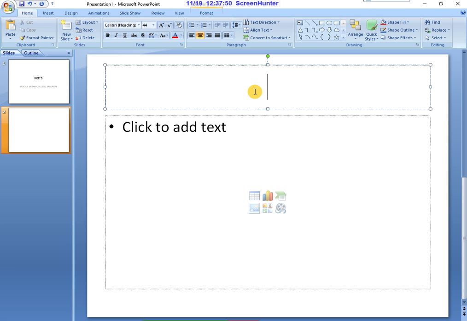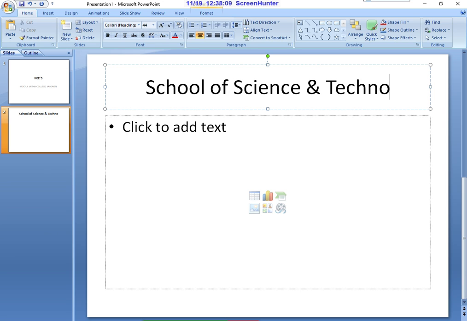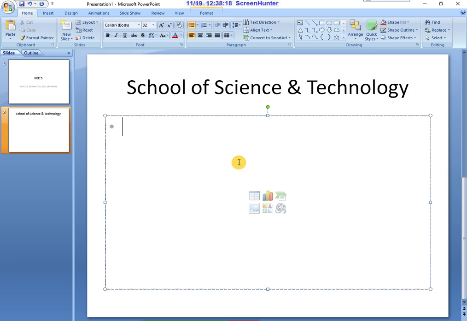School. So in our college there are a number of different schools. School of Science and Technology. Let us add the courses of Science and Technology.